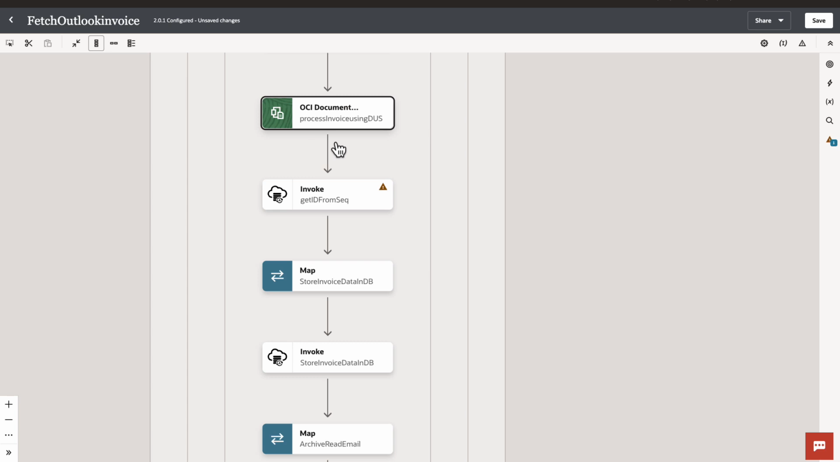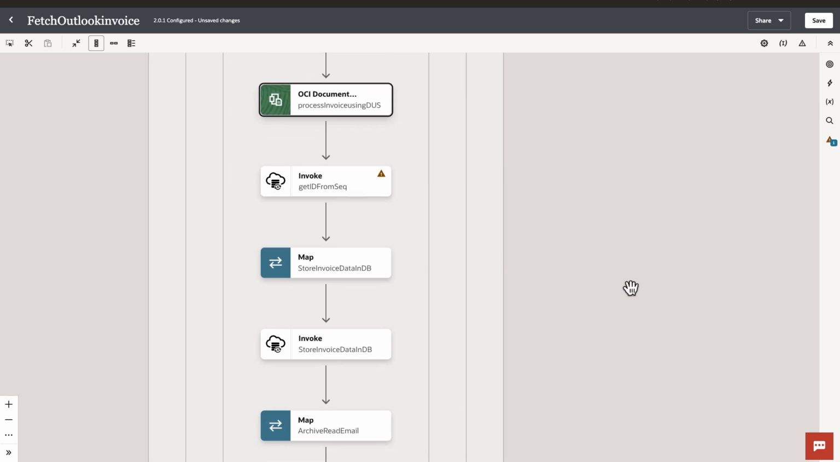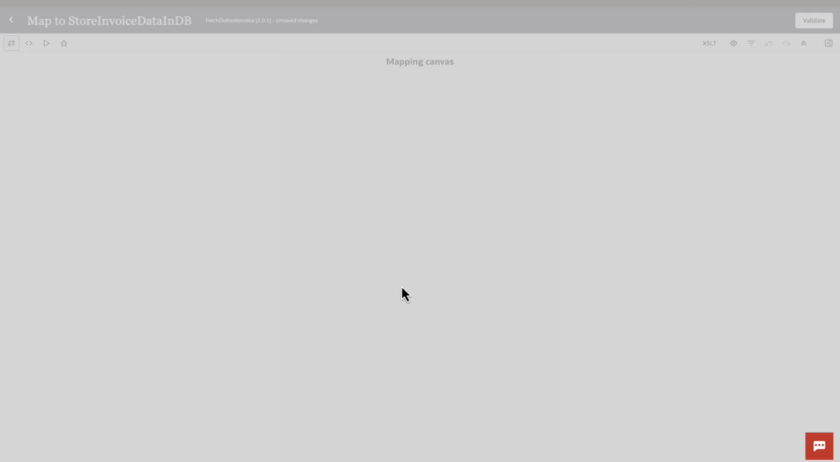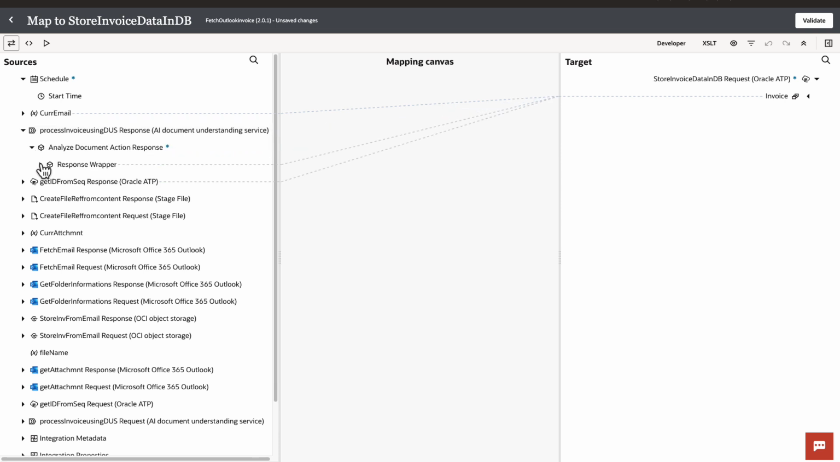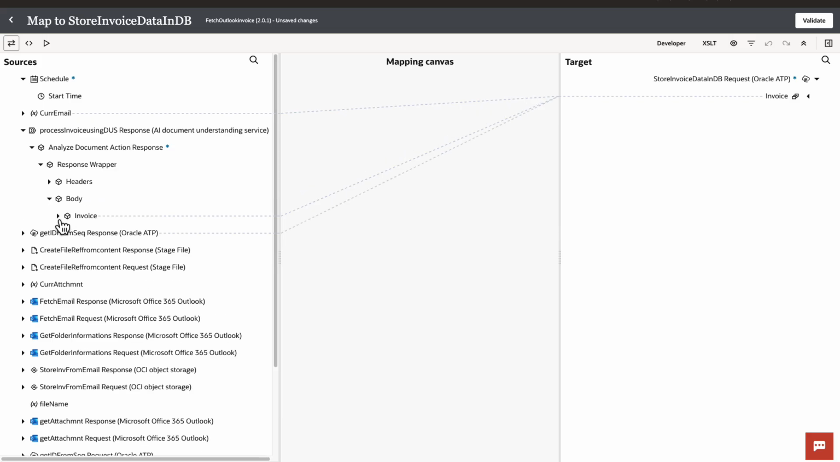And after that is done, it returns me a JSON payload with all the invoice data, right? And then I want to store it into the database. So for that, this is my database call. I am directly doing a table insert, and let's take a look at this map so that you understand how the data is returned by the document understanding service, right? So here is the response from the document service, and if you open this response wrapper,